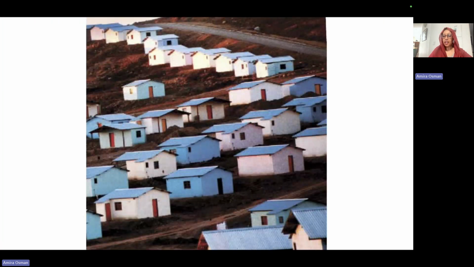After apartheid, the intention was to provide as many people as possible with housing. And so the focus was very much on the numbers of houses delivered. These were always peripheral, and many times of very poor quality, and they were also all the same. And this is, of course, something that we as open building thinkers oppose very much, because it does not reflect the needs of individual families or groups or communities.